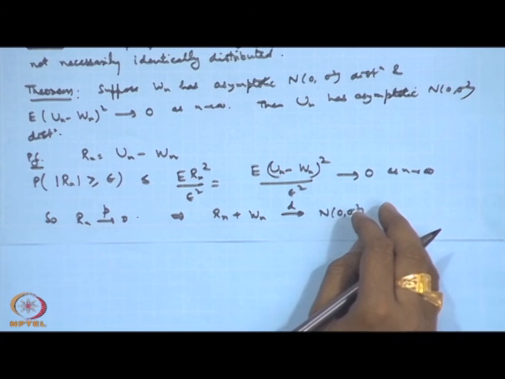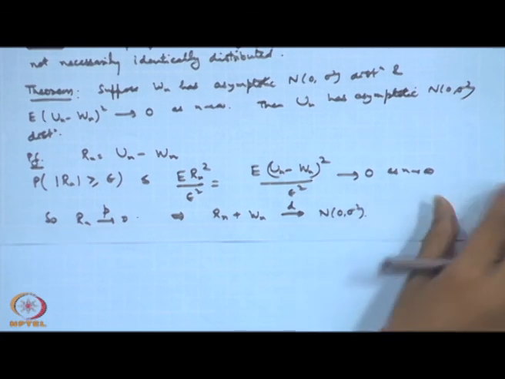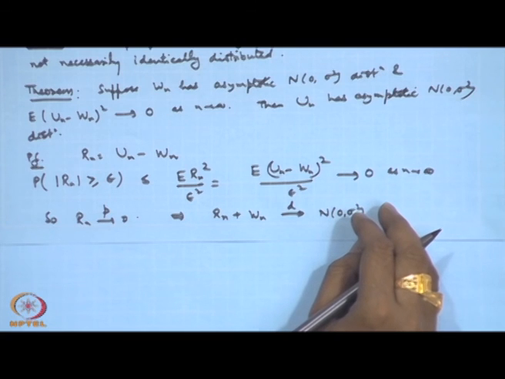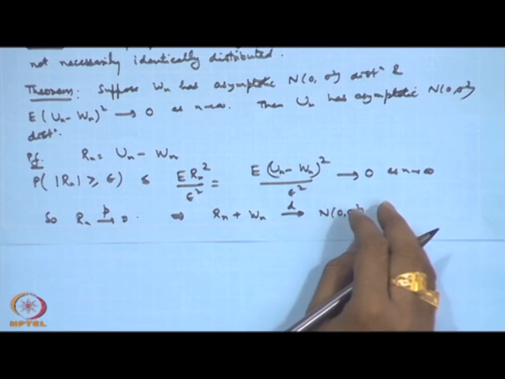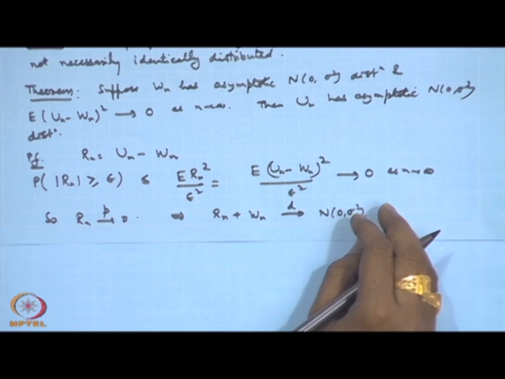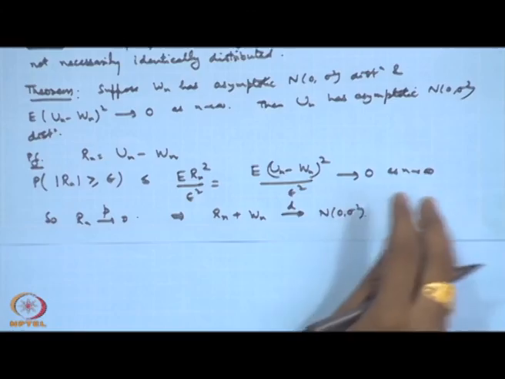Using these properties, I will be deriving the asymptotic distributions of the Mann-Whitney U statistic and the Wilcoxon rank sum statistics in the next lecture. So, that I will be covering in the